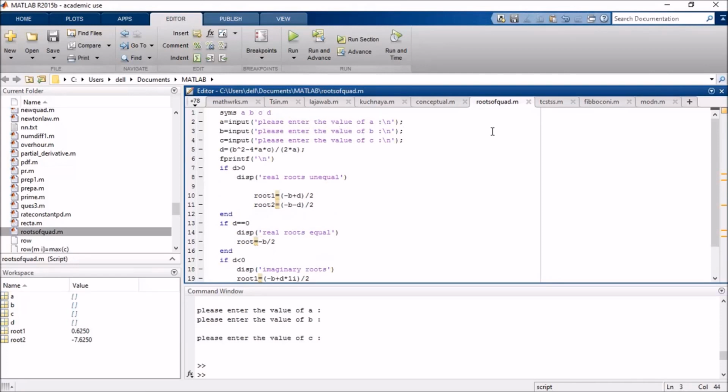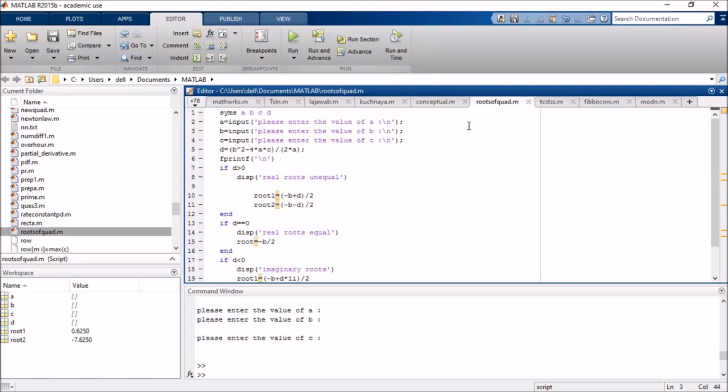Now coming to the quadratic equation, as I already mentioned, it has the form ax square plus bx plus c is equal to 0. Here a, b and c are the coefficients of the terms x square, x and the constant term respectively.